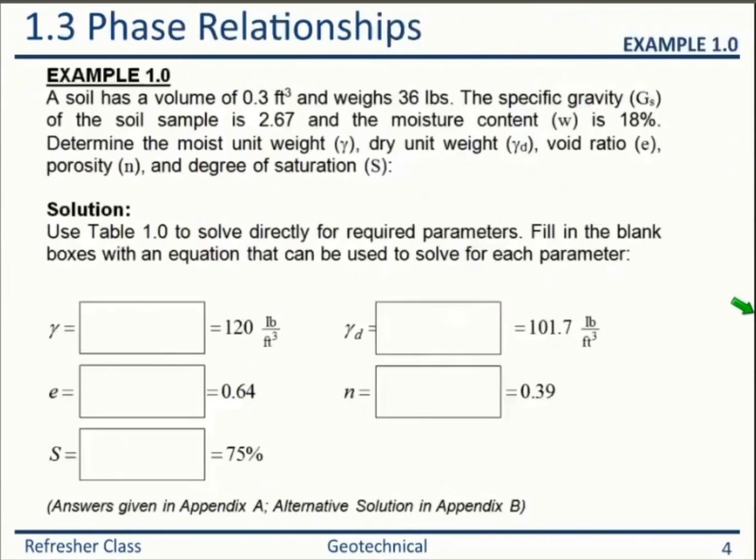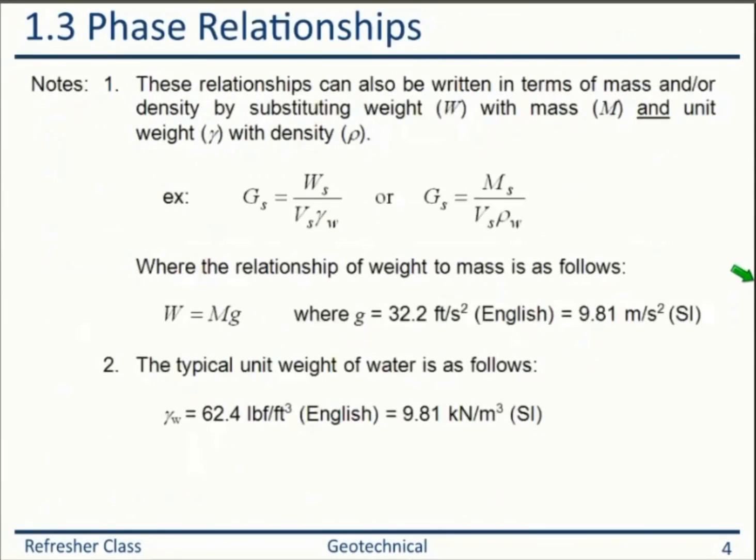Oh, should be here. So as I told you here, the typical unit weight of water is as follows. In the exam, even if it is not given, you should use 62.4. The NCEES handbook gives us this value, so we are allowed to use it. Sometimes they may not give this value at all, but in your calculation, if you need it, use this value. That's what we did here,